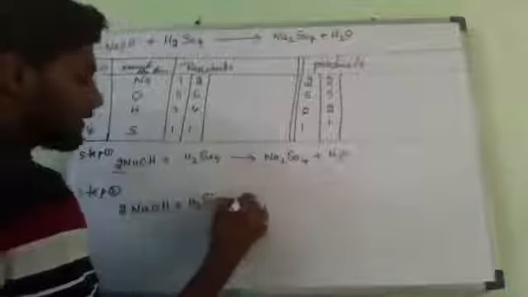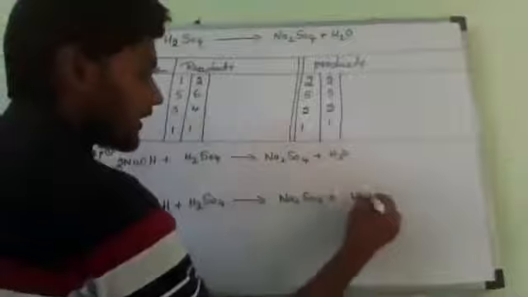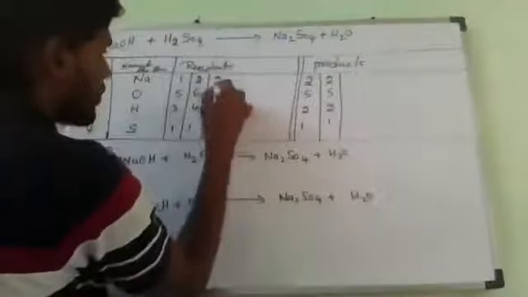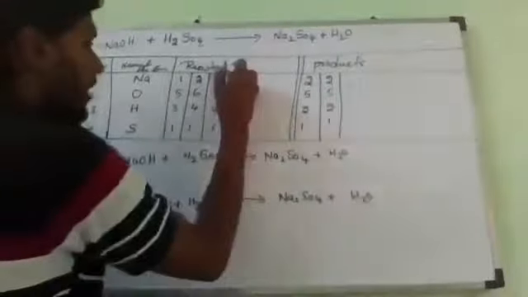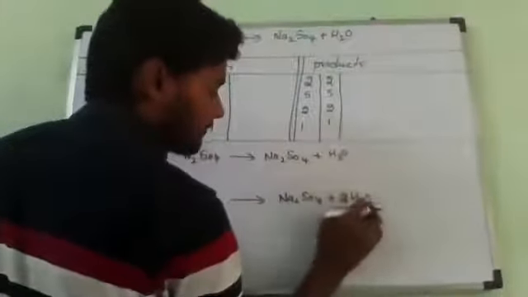So write the equation. 2NaOH plus H2SO4 gives you Na2SO4 plus something. Now tell me which side we should balance, reactant side or product side? Product side. So the reactant side will come the same: 2, 6, 4, 1. Here hydrogens are 4 and here hydrogens are 2. To make the 2 become 4, which number should I multiply? 2. Can I multiply this full compound with the 2?